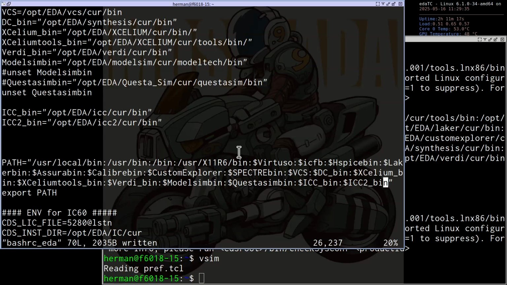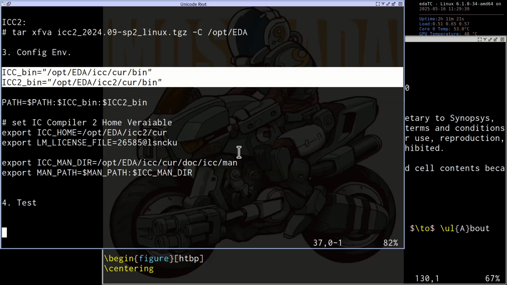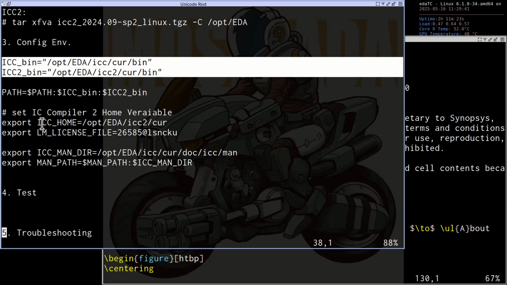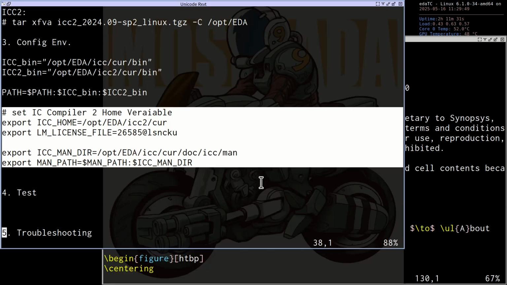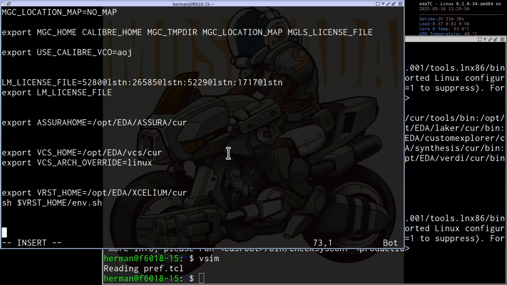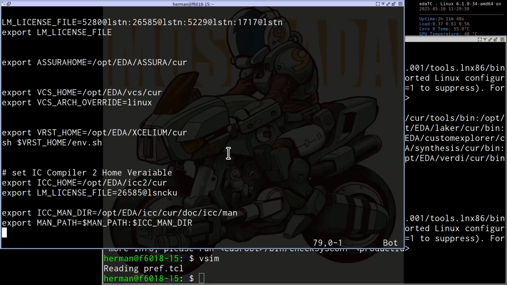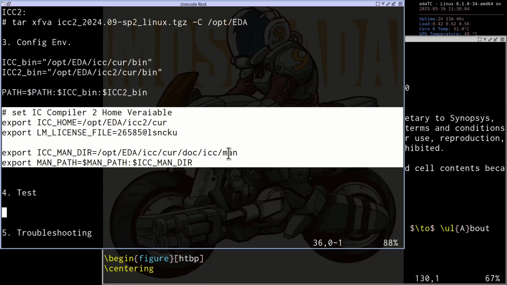Okay, this is the first setting you need to change in your setting file, and you need to set the IC Compiler home variable and IC main directory. You need to set up these two. So please add these settings at the end of your rc file.